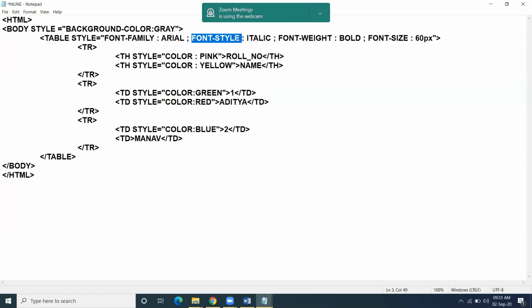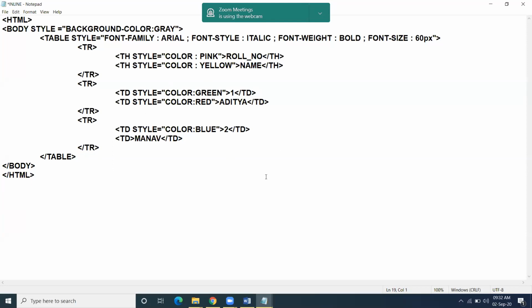Font hyphen style property of CSS takes 3 values: italic, oblique, normal. I am giving italic over here, right?